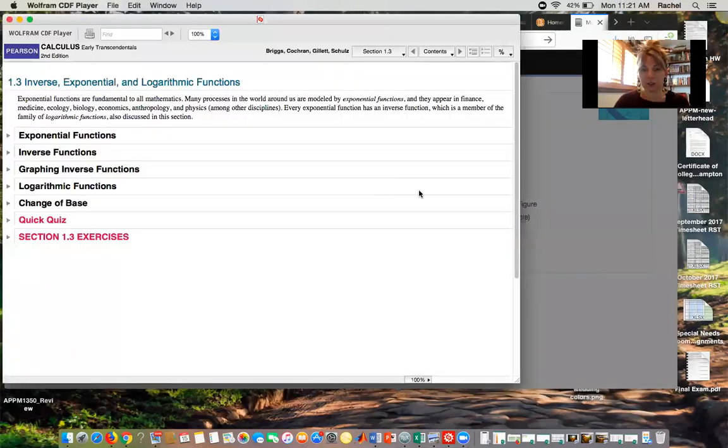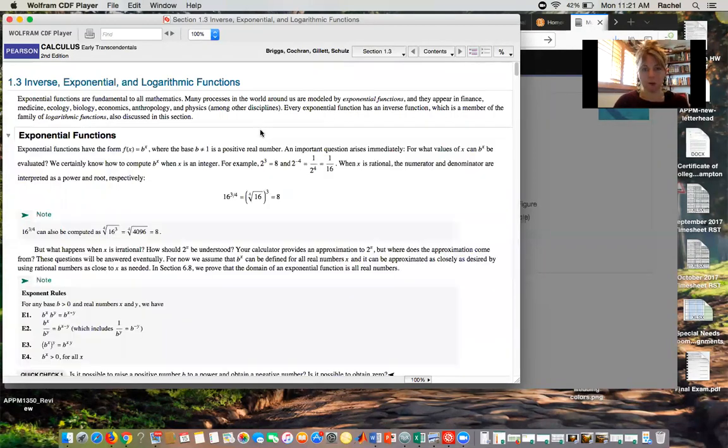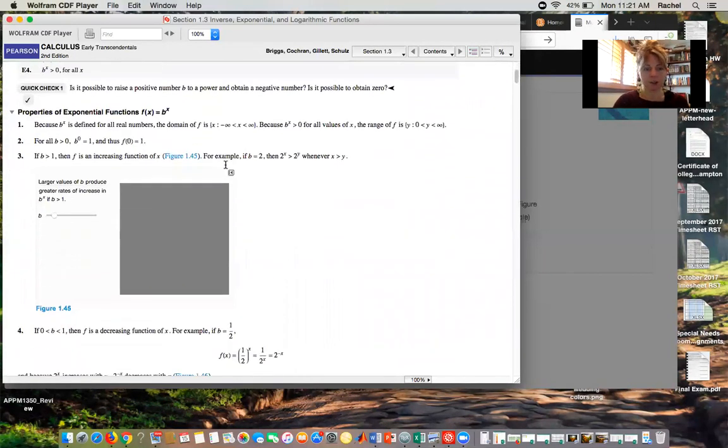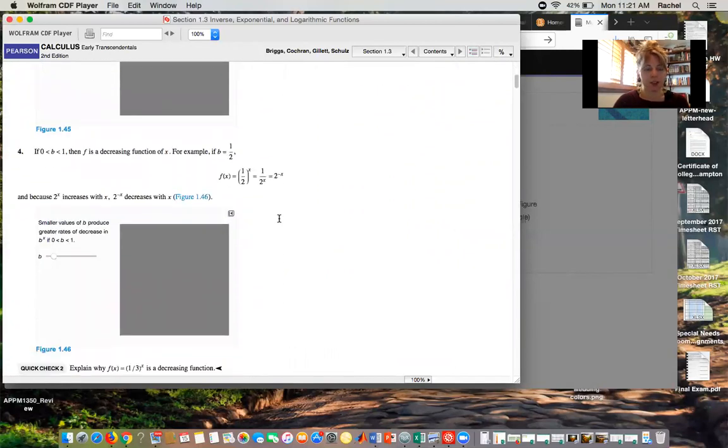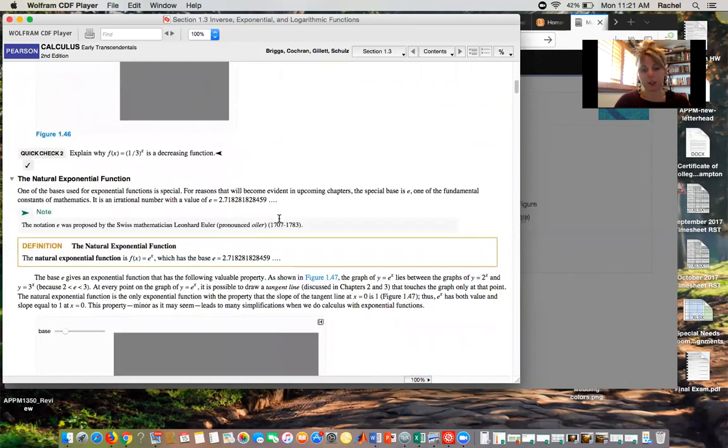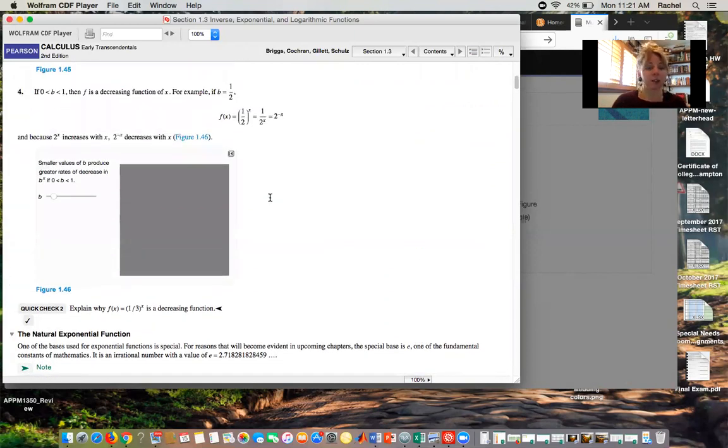A little error message, but then it pops up. So it has a condensed view at first. If you click on this expanded view icon at the top right, it should expand everything for you. Okay. So if we scroll down here, you'll see that there's lots of examples, explanations. Basically everything that you would get in the hard copy textbook is going to be in the ebook, plus a little more. So your ebook actually has